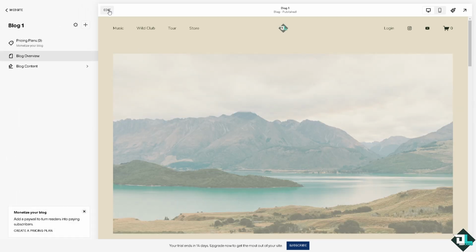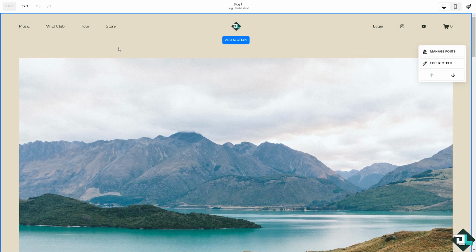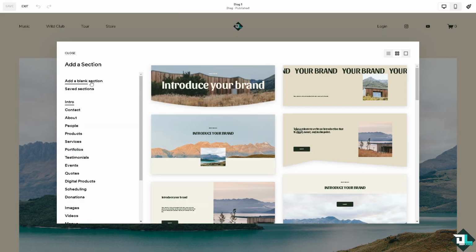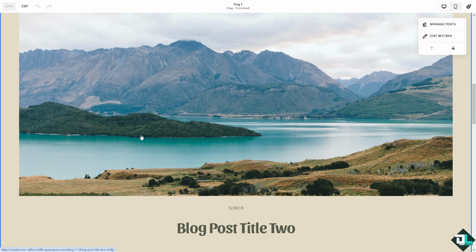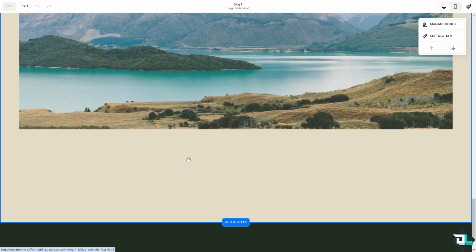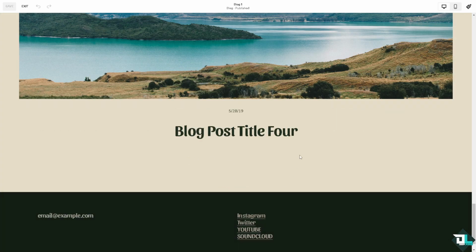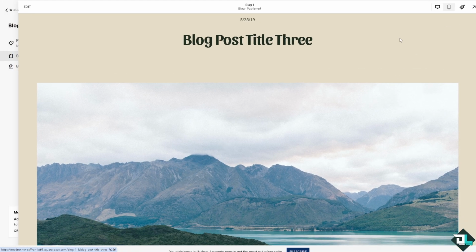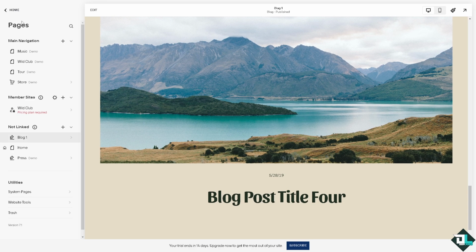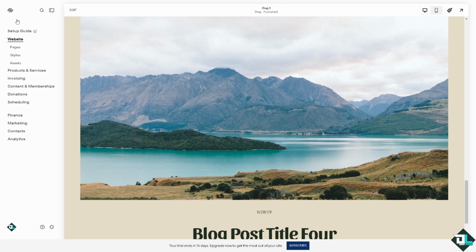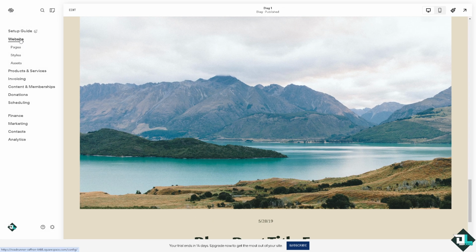and there's going to be another edit button here. You can add a section, wherein if you do that, you can add a blank section, save section, and a lot more. All right, so on the bottom right here, there should be an option wherein you can manage posts, blog content, and overview. When you hover back again to your website, you see on the website though,